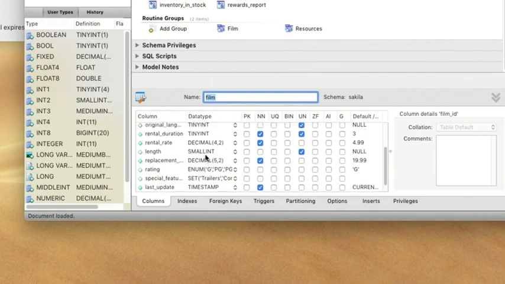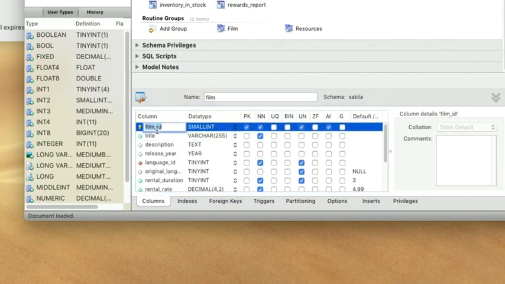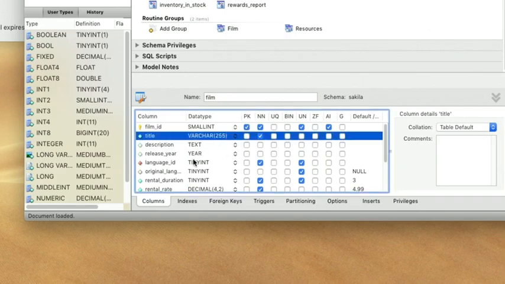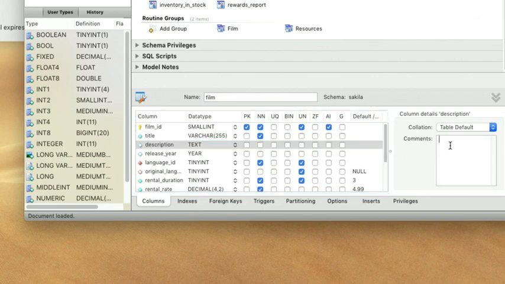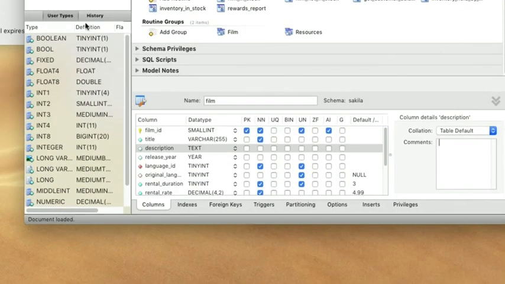You see here all the fields. You see the title field, and you see the description field. And you can put a command in here. Maybe I shouldn't do that now. Okay, what I want to tell you is you can put a command in here, and you can take that